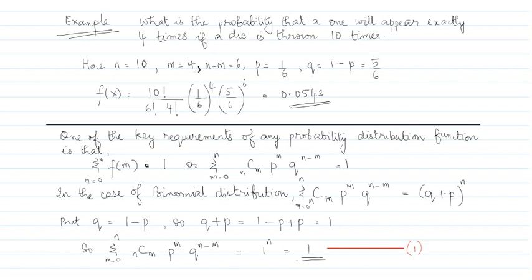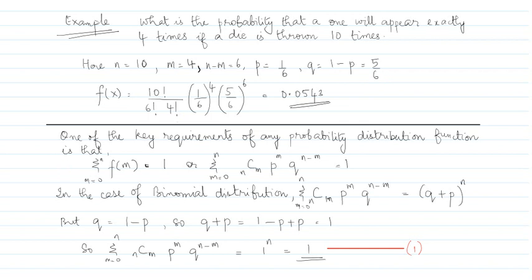So the probability of failure would be 5 by 6. Probability of success is 1 by 6. And now I want to check exactly 4 times, 4 സക്സസ് കിട്ടാനുള്ള സാധ്യത എന്താണ് എന്നാണ് ചോദ്യം. So I will just plug in all these values in the formula and I get it as 0.0543. ഓക്കെ,